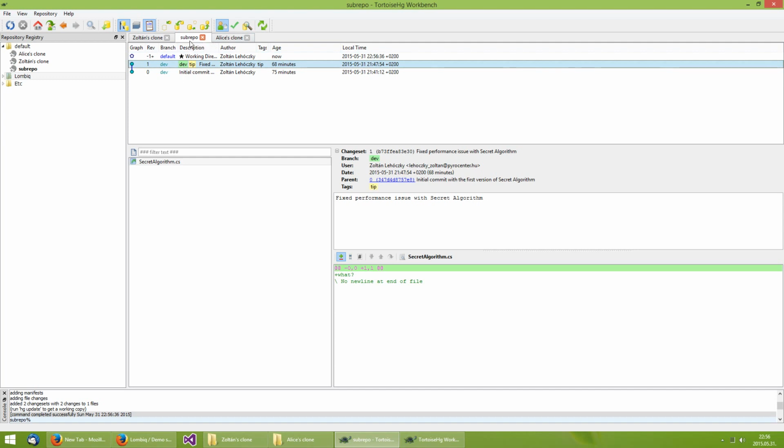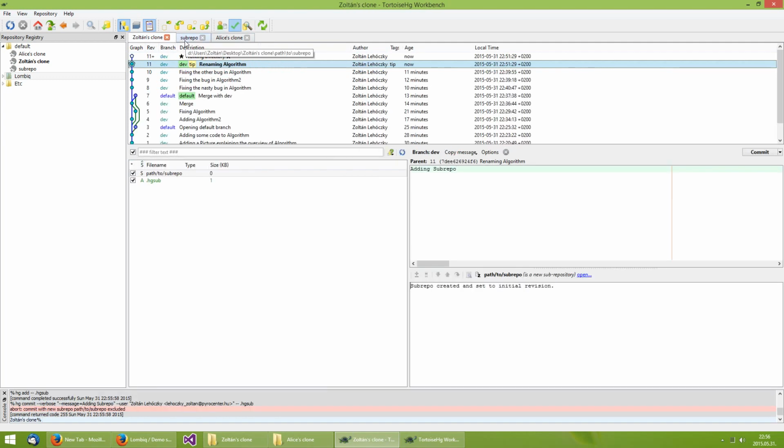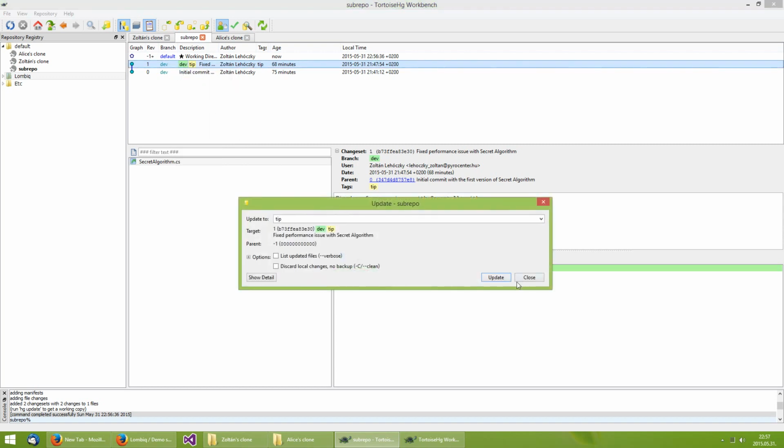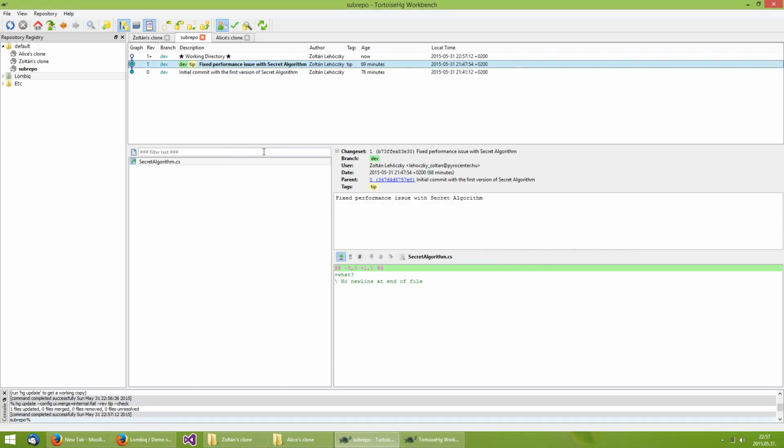The relationship between such subrepos and top repos, let's call them as such, is quite simple. The top repository doesn't store anything about the subrepo, just the hash of the change set that the subrepo is currently updated to. So if we update to this change set of our subrepository, actually there is a secret algorithm here. So not just an ordinary or a super algorithm, but this is a secret algorithm. Very interesting. Now we have updated this repository to the first change set, not the zeros, but the first change